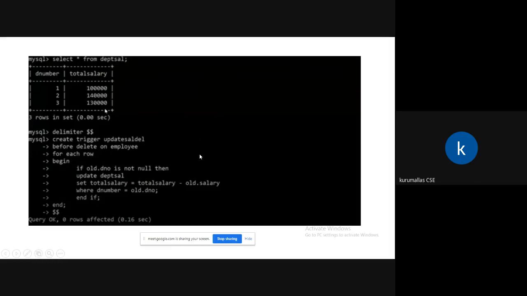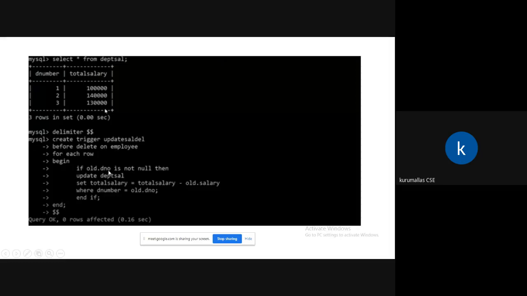Next, now one more condition is before delete, right? This is one event. Create trigger, the name is the same, so we have to write update sal delete. This is user defined. Before delete on employee, for each row, if old dot d number.